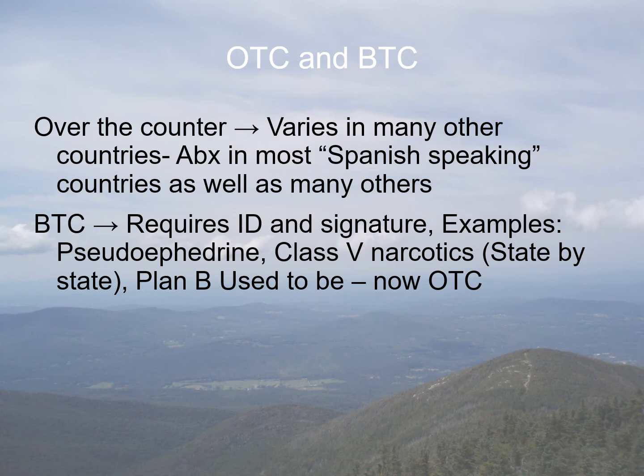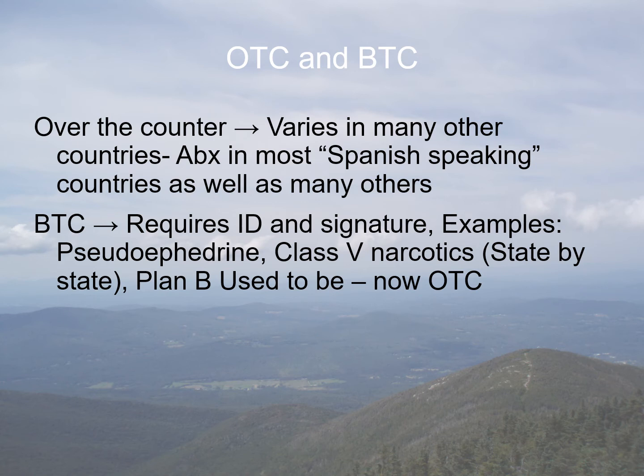Behind-the-counter medications, basically you have to give an ID and a signature. Pseudoephedrine is like that. Class 5 narcotics, such as Robitussin with codeine, can be done this way. Each state actually regulates whether or not you can just sign for these. The other thing is that each pharmacy will make a rule. In Maine, Class 5 narcotics can be behind the counter, but a lot of pharmacies will not do it except for their best regular customers, and they don't really make it known that you can get this medication without a